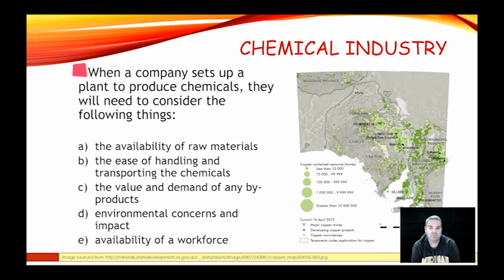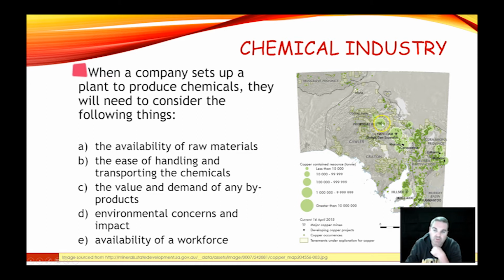So, chemical industry, here's just an example. This is a map of copper within South Australia, and you can see here some of the major copper deposits, which are the big circles, and you can see where some of the copper mines are. Now, when you're setting up your mine, or your plant, I should say, for extraction of the metal, you want to consider a number of things. One, you want to think about availability of raw materials, which is why you can see that the major copper mines we've got set up here are where the majority of the copper resource is,